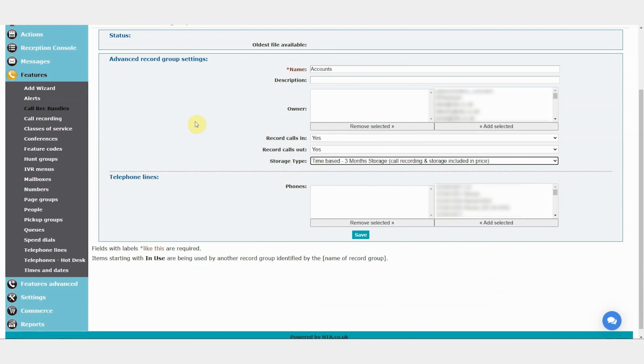And as you can see on here, it only allows me to record telephones. This is because time-based call recording is all based on extensions. So when you create this, it will charge an amount of money per extension to activate it, an amount of money per extension per month. So if I had, say, 4 extensions in here